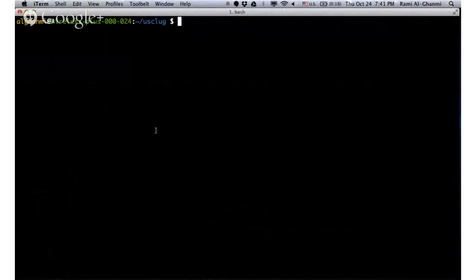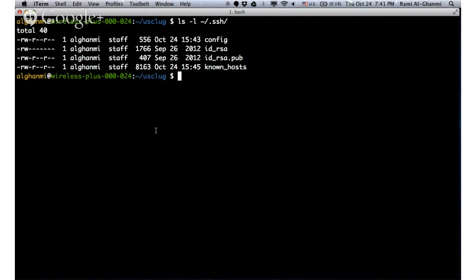Okay. So in order to create one, first thing I want you to do is an ls to tilde .ssh. Now, if you're on Windows, you're using git bash, or in your terminal on Mac, we're going to run the same commands. That's why I love git bash. Okay? When you hit enter, you're going to see either a set of files, or you're going to get no